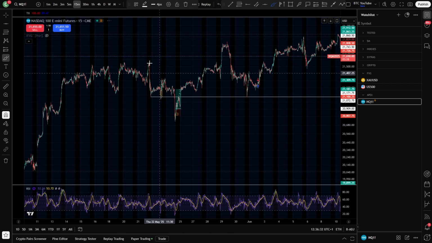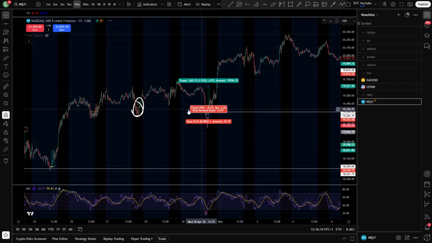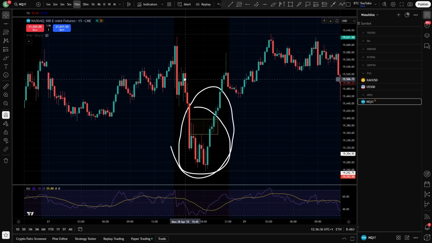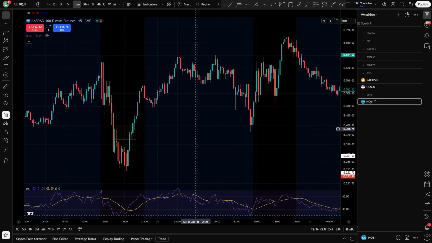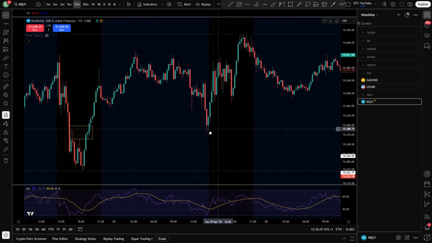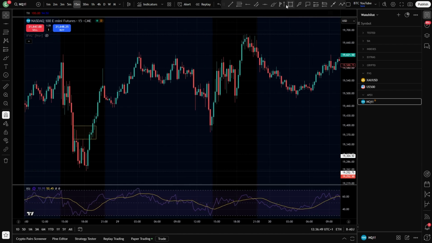Let's just take a quick look. Look at the 15 minute here. It's not really looking too good, is it? We didn't really get a sweep of any liquidity to the left either, so I probably wouldn't have taken that, as you can see. Although there's a nice 15 minute here that I've just seen on the next array of